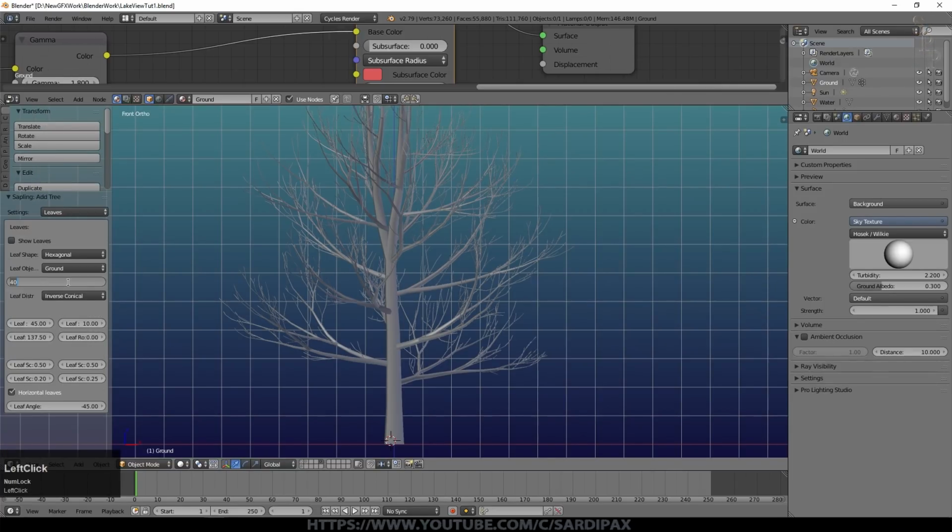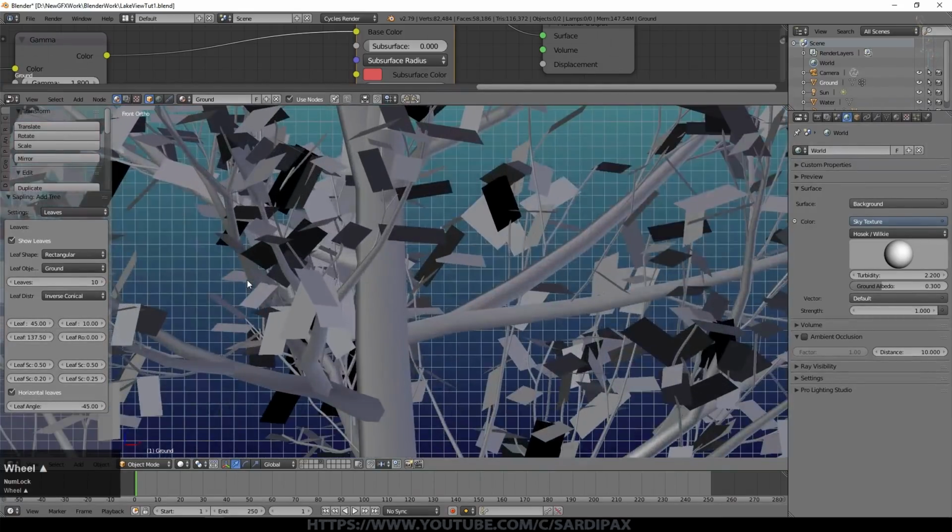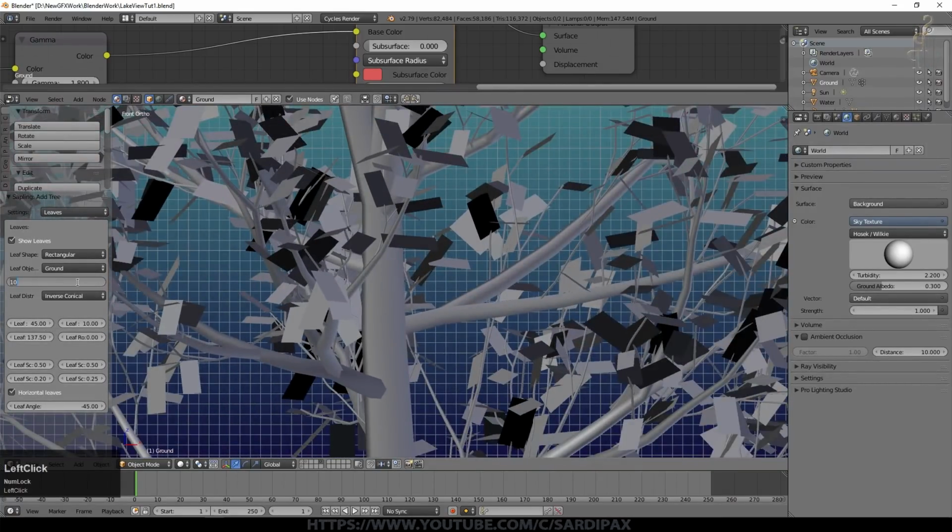I'm just going to reduce this to 10 for a moment before I add the leaves, and I'm going to set this to rectangular, and that's because I'm just going to use these leaves as a means to project my image texture of a leaf rather than forming a leaf themselves. So click Show Leaves and here they are. So that's not too bad, they're perhaps a little big, but then again we are going to use alpha textures on these. So let's go for 25 leaves.